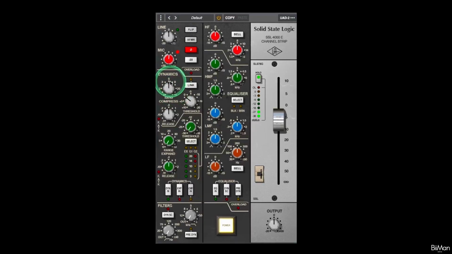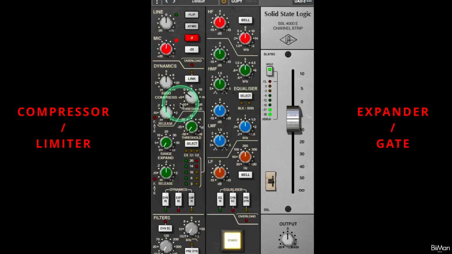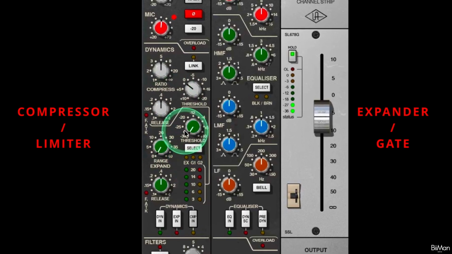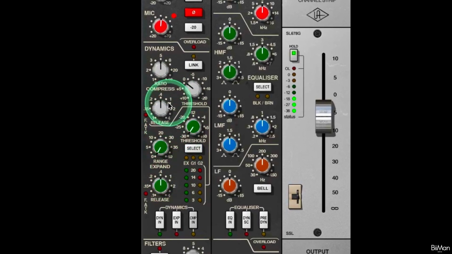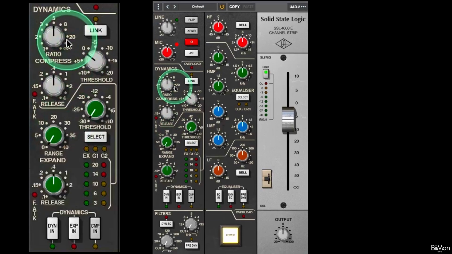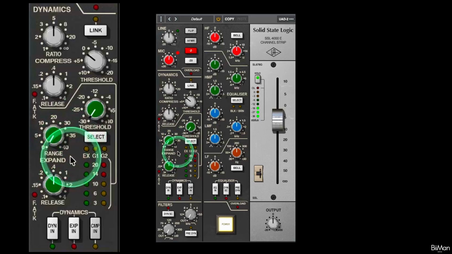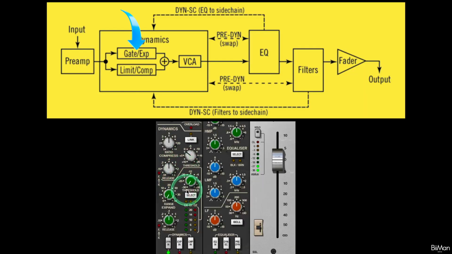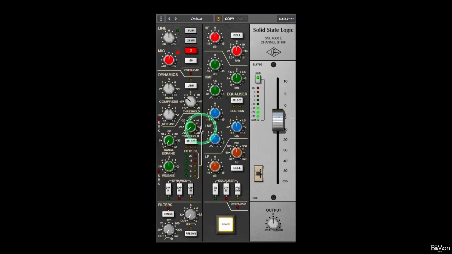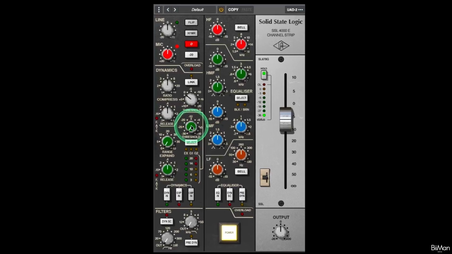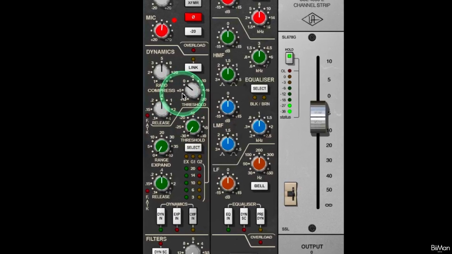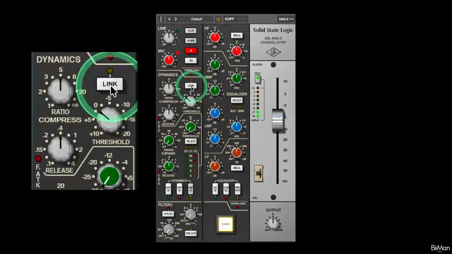This section gives you the independent soft-knee compressor limiter and expander gate modules. Both modules have two distinct colors. The compressor limiter controls have gray knobs and the expander gate controls have green knobs. It's important to note that the signal first enters the expander gate module before it goes into the compressor limiter module. However, to keep this tutorial visually organized, first let's talk about the compressor limiter module, starting with the compressor